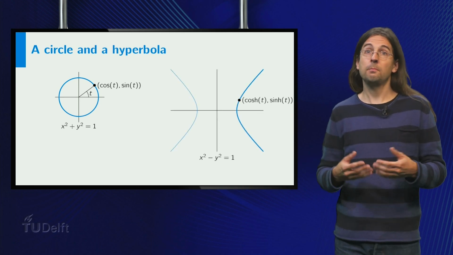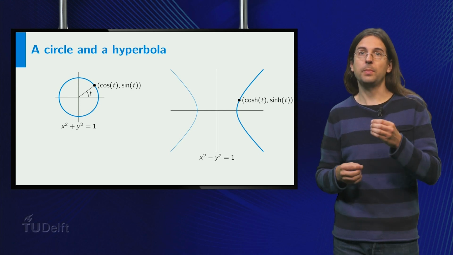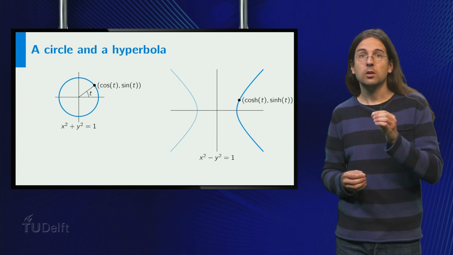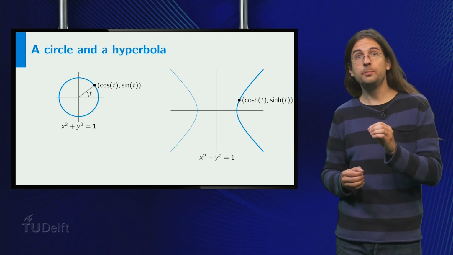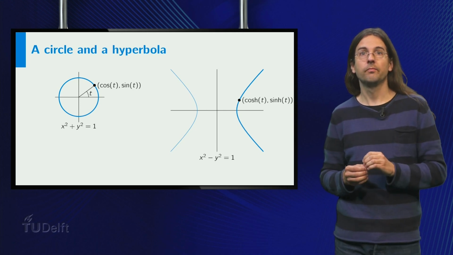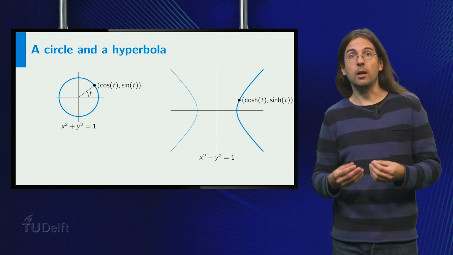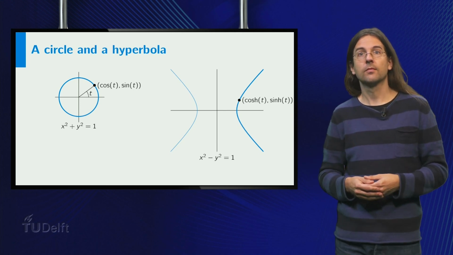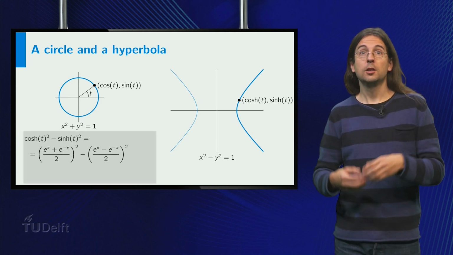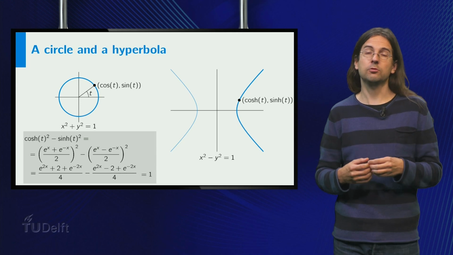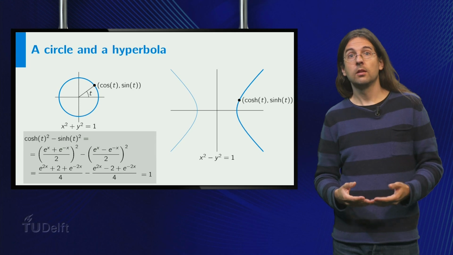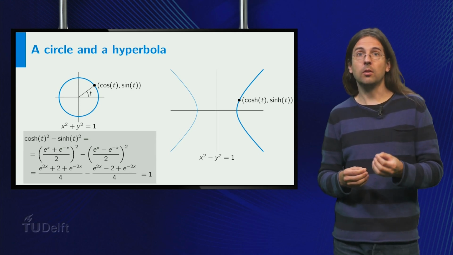The formula x^2 - y^2 = 1 defines a pair of hyperbolas. Notice the minus sign in the equation. The points on the right hyperbola of this pair can be parametrized as (cosh t, sinh t). So similar to the circle, but now with hyperbolic cosine and sine. You can easily check that points of this form are lying on the hyperbola by plugging in the expression for the hyperbolic trigonometric functions in terms of exponentials. Indeed, you can prove any identity in this video in a similar way.